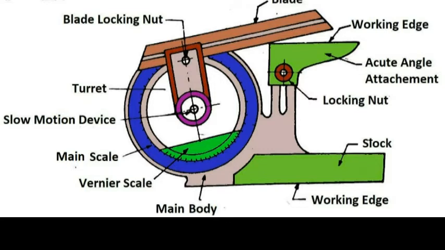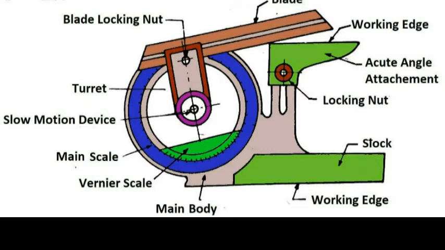The adjustable blade is capable of rotating freely about the center of the main scale engraved on the body of the instrument, and can be locked in any position. An acute angle attachment is provided at the top, as shown in this figure, for measuring acute angles. The base of the base plate is made very flat so that it could be laid flat upon the work and any type of angle measured.